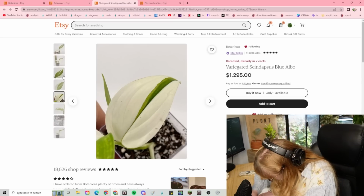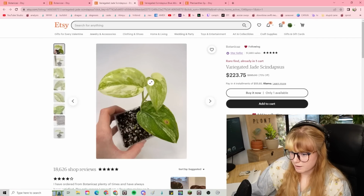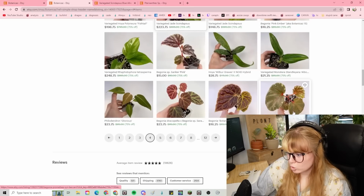Syndapsis Blue Elbow. See, most of them look like this. Syndapsis, like variegated Syndapsis. So I wonder why that one looks... That is a big difference. Mm-hmm. Ooh,